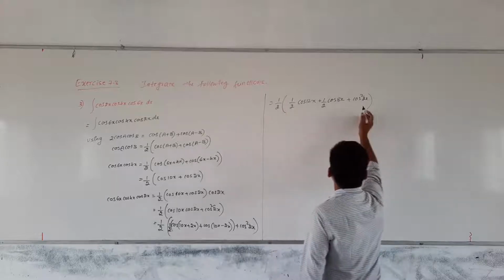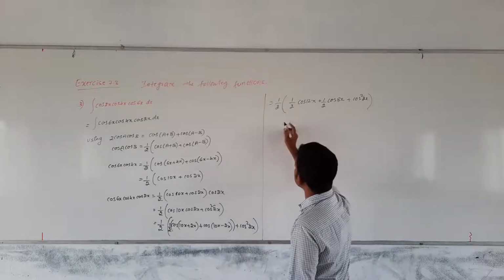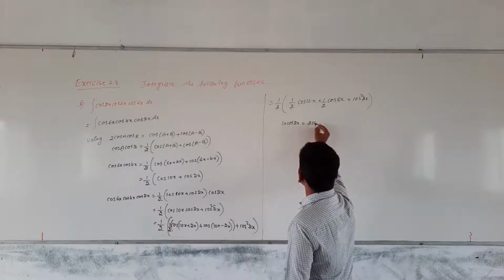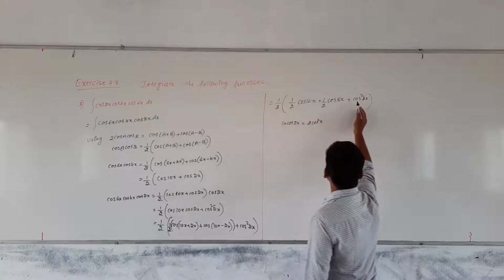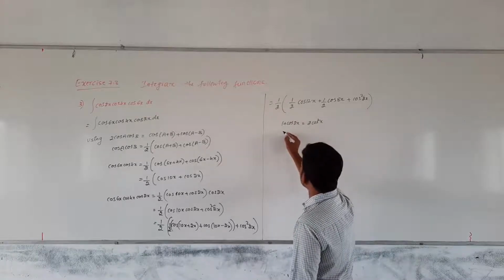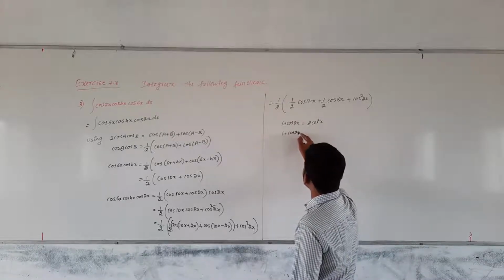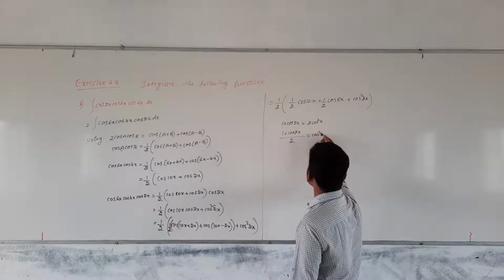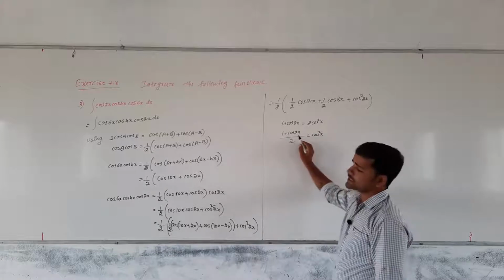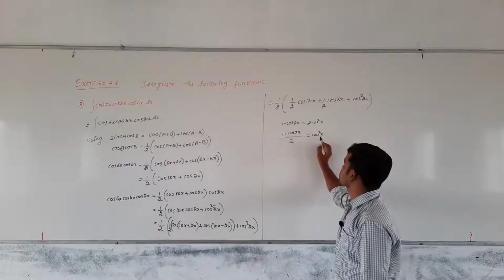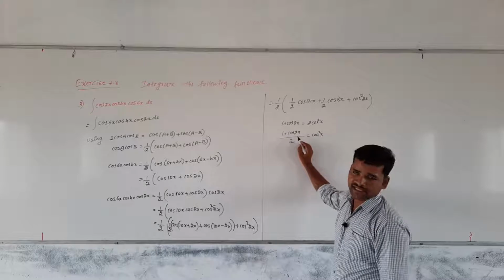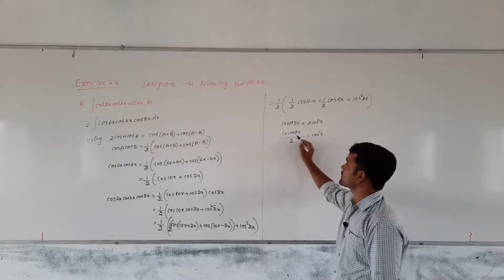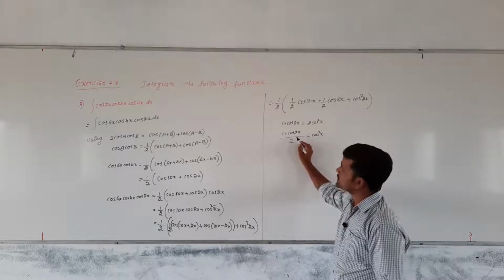Here cos square 2x is there, no? I will use the formula for cos 2x, that is 1 plus cos 2x is equal to 2 times cos square x. Here you see cos square 2x is there. I am rewriting this formula, 1 plus cos 2x by 2 is equal to cos square x. Here x is there, this is becoming 2x. Suppose here 4x is there, this becomes 8x, and here 2x is there, cos square 2x is there, it becomes cos 4x, that's all.